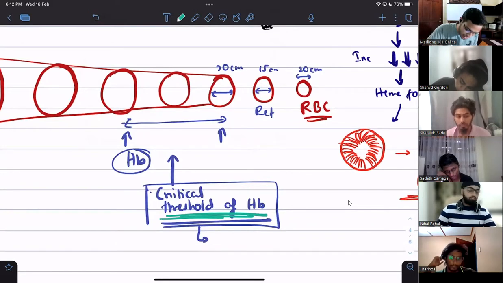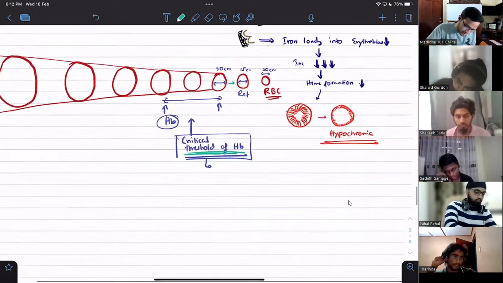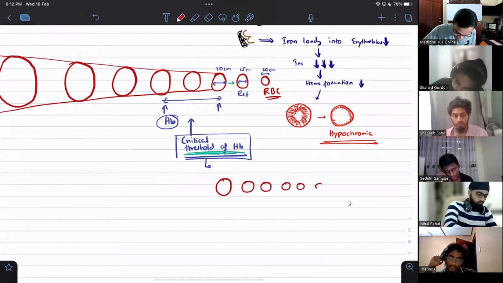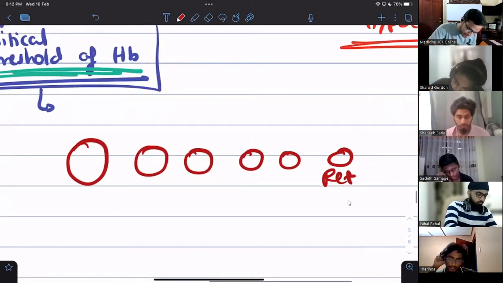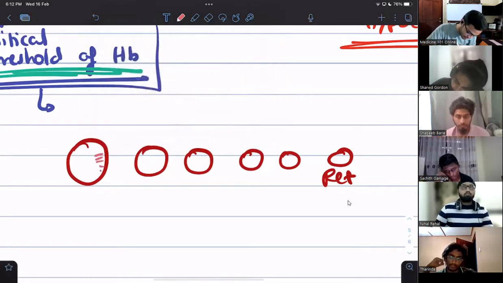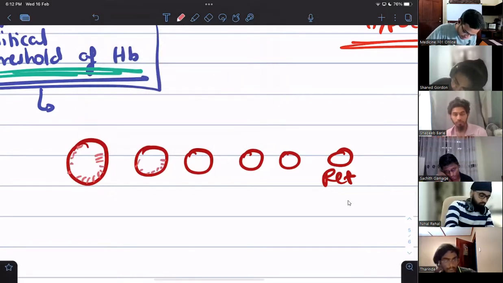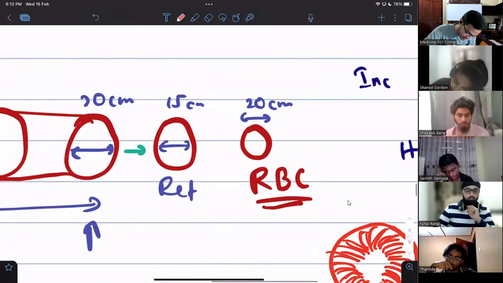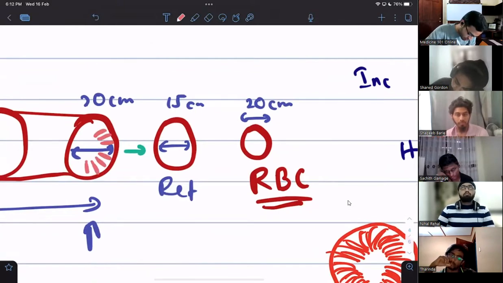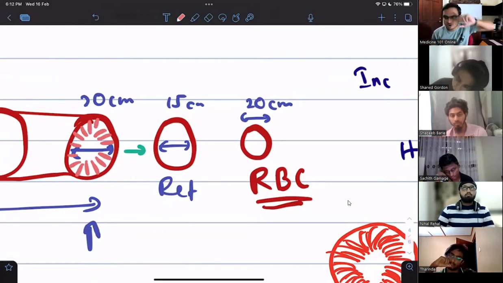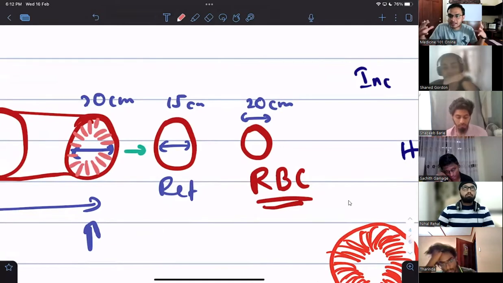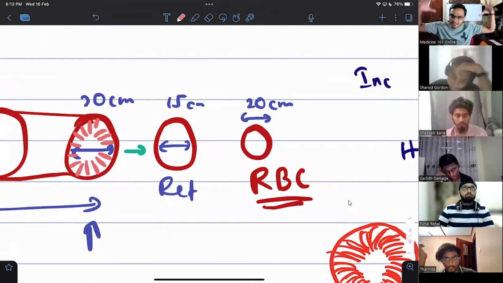of time. So what will happen during that stay, guys? This will further decrease in size. Now the reticulocyte will be somewhere here. And at that critical state, let's say the HB is being filled, like that, like that, like that. Once we reach this critical stage, no more HB can be filled into this RBC, because this RBC is full of hemoglobin. So that's why it doesn't get a lot smaller after that. Physically, it cannot get a lot more smaller because it's full of hemoglobin,